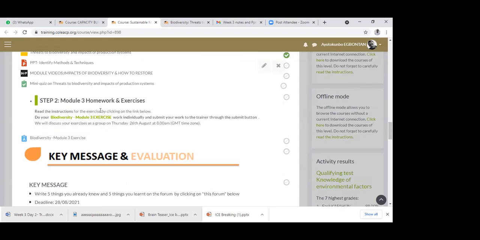And to the week 3 exercise, some of us have done it, while some are still pending the exercise. I want to advise you to do it. I'm going to share my screen now and show you what is expected of you to do in the week 3 exercise. Please permit me to unshare my screen now while I show you what you need to do in the week 3 exercise.